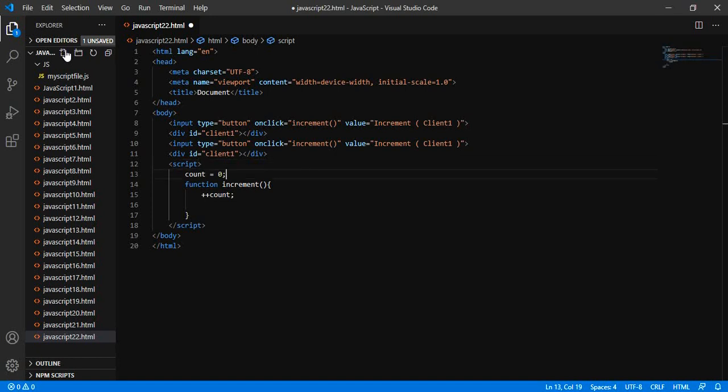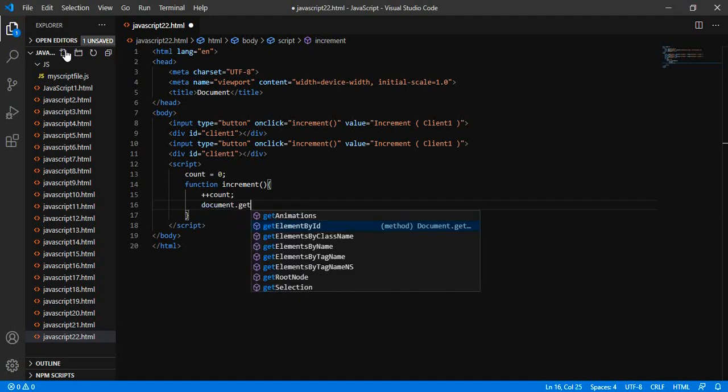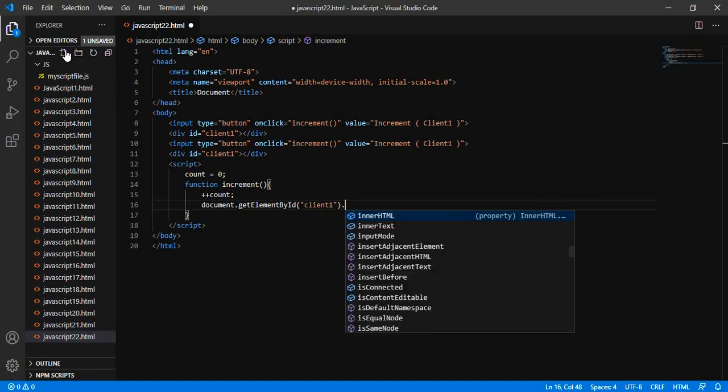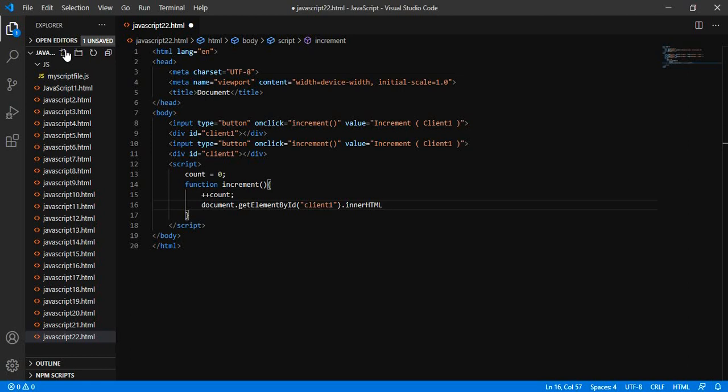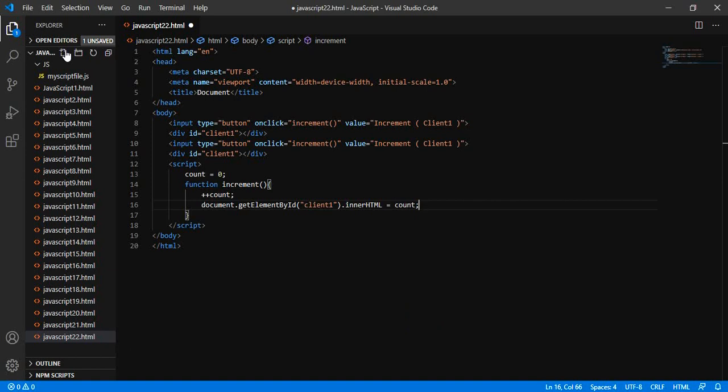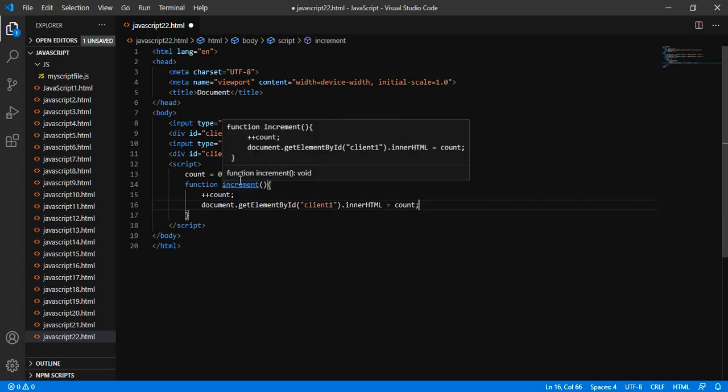So both are calling the same function, that is increment. For now, let us simply consider client one.